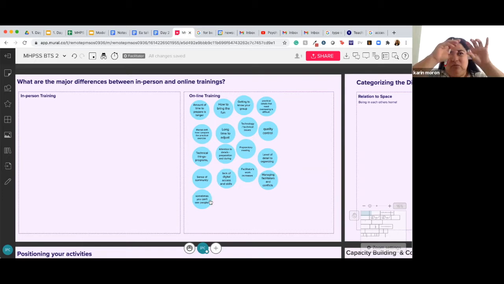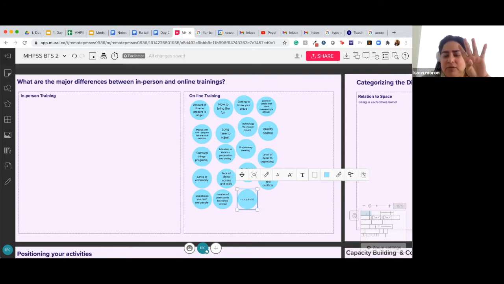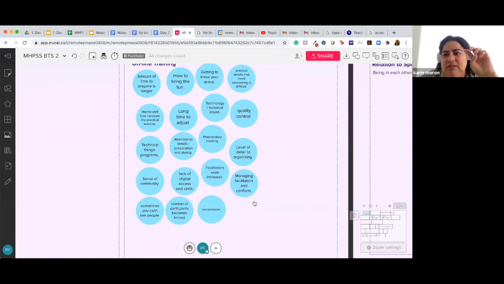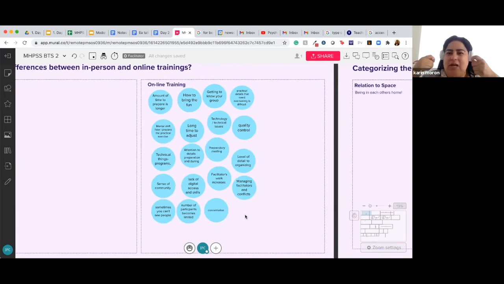Then sometimes it's not possible to manage this number of participants, because sometimes it's so much, and it's not possible to do the training with everybody, or to know if they are learning or not. The time of concentration too, because sometimes we make training for hours, but people can only be concentrated for about 30 minutes. Then we reduce our training to 2 hours only, and make more activities in different parts, to regain the concentration.